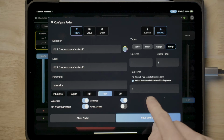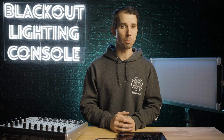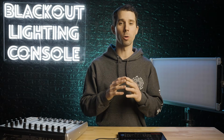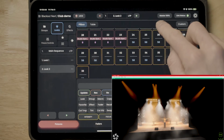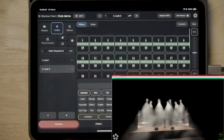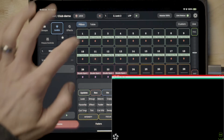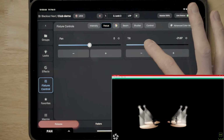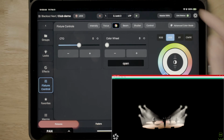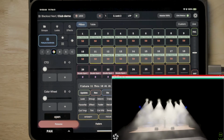With that overview of faders, you might realize that with the addition of sequences in Blackout, you can literally record anything you want into a fader through a sequence. Say I wanted a group of fixtures in blue to be on a fader so that at any point I can bring this fader up and everything will go blue as a nice transition look between songs in a little live busking scenario. I would simply select my fixtures, put them in blue, and then record them into a new